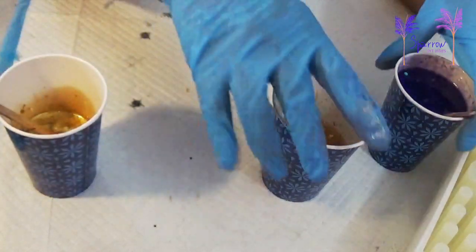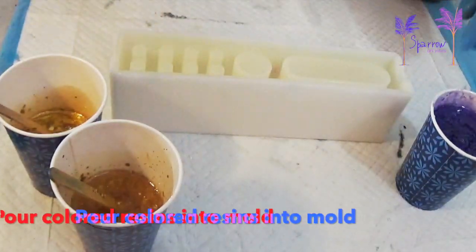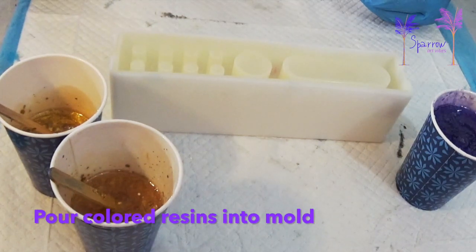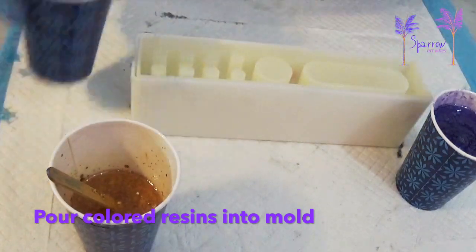Okay, so now that our resin is mixed, all we have to do is pour the resin into our mold and then let it set overnight. I mean, when I say quick and easy and fast, that's what I mean. So